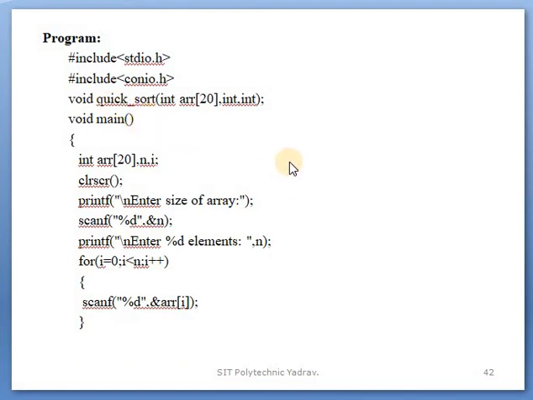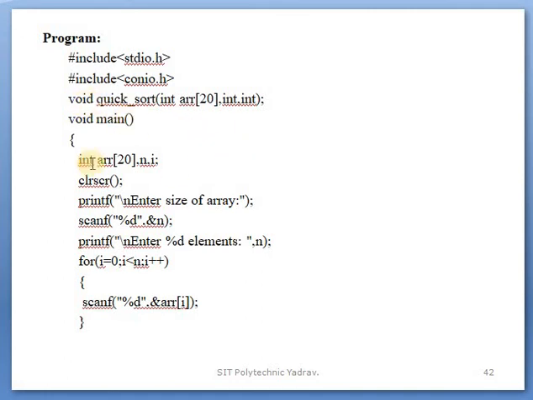You also studied the function categories: no argument no return value, no argument with return value, and also argument with return value. There are four categories you already studied. Which category do we use? We use no return value with arguments, where the arguments are passed, and the word void indicates that there is no return value.